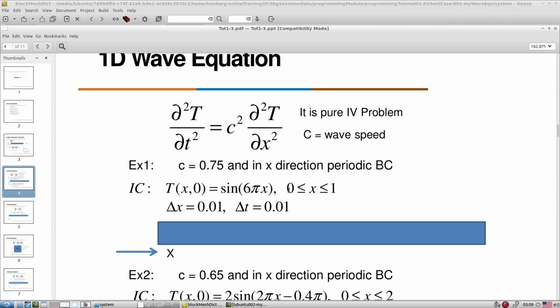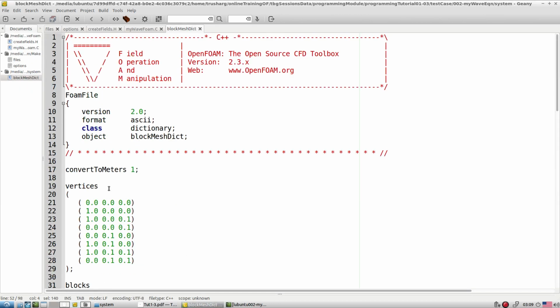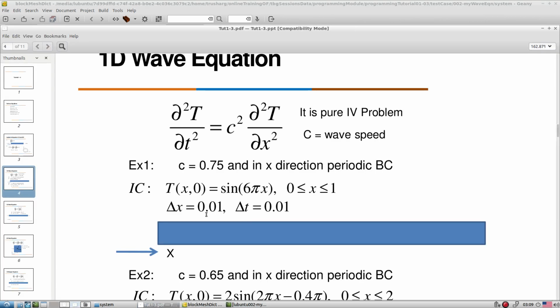The domain size is 0 to 1, and delta x is 0.01, so based on that I constructed 100 nodes in the x direction. So the domain size in the x direction is 0 to 1. We try to initialize the domain with the help of these initial conditions, but in the x direction we have periodic BC.